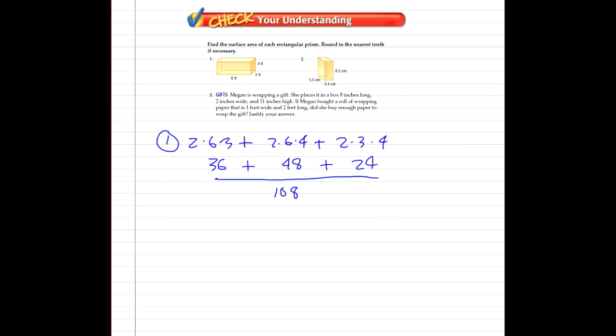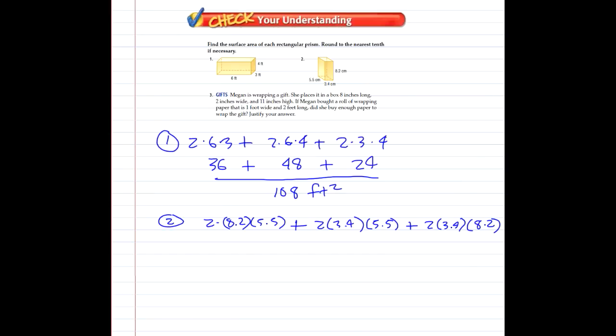Example 2. 2 times 8.2 times 5.5 plus 2 times 3.4. Now I'm not paying particular attention here to which is length and width because multiplication is commutative and I can multiply in any order I want and get the same answer. I'm just making sure that I use all 3 of the dimensions,